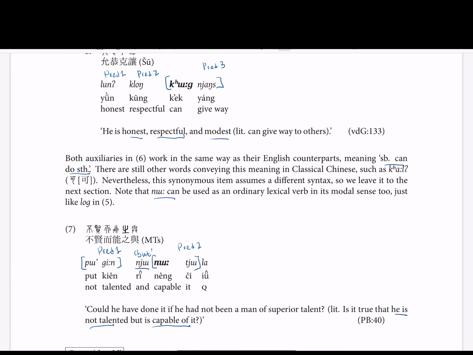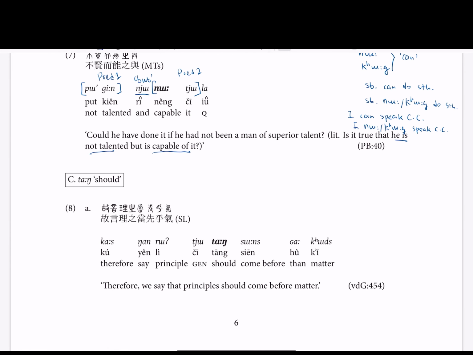So very quickly, the two auxiliary verbs in classical Chinese for can or capable of are nu and could. They're used in exactly the same way as their English counterpart can. So, somebody can do something is translated into classical Chinese as somebody knew or could do something. So, for instance, if you want to say, I can speak classical Chinese, it would be, I knew or could speak classical Chinese. The third auxiliary verb we learn is 当 should, and again let's directly learn it through examples,